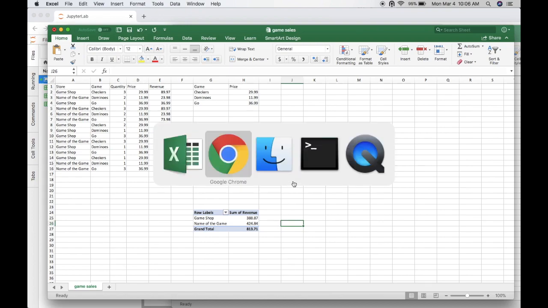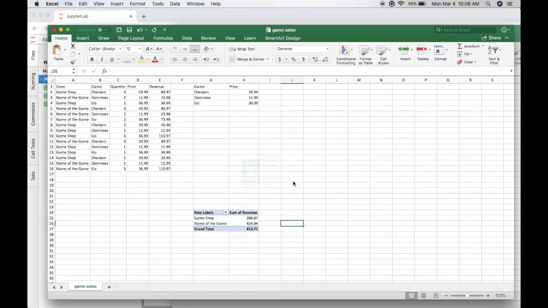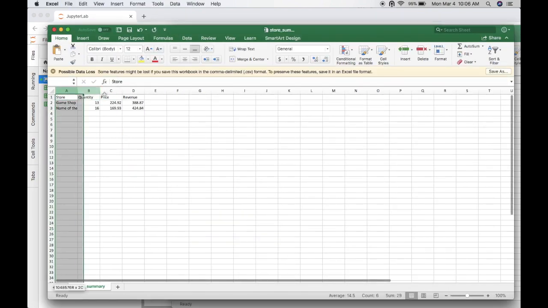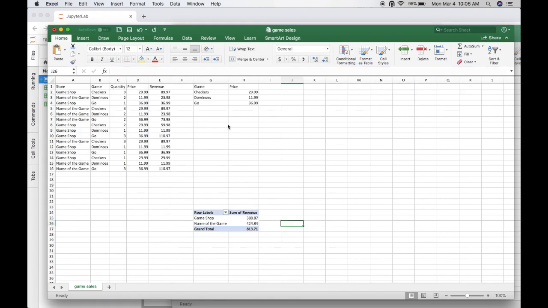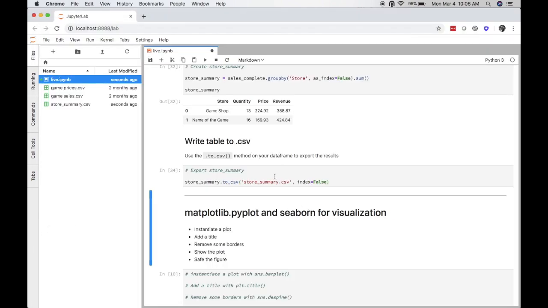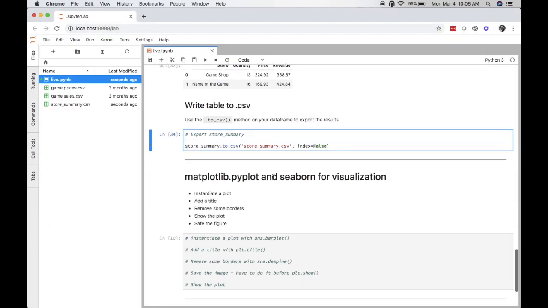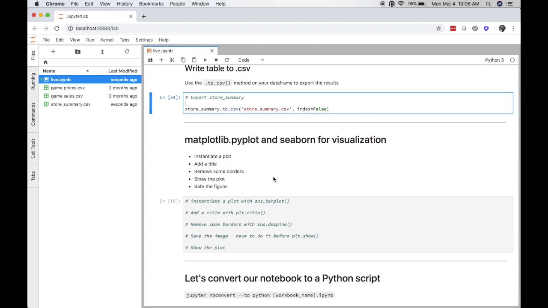And now we'll run it again, open it up, and now, boom, that's it. So now we have our summarized data in its own data set. And we did it all in Python. Awesome. So the next thing that we might want to do is create a visualization to complement